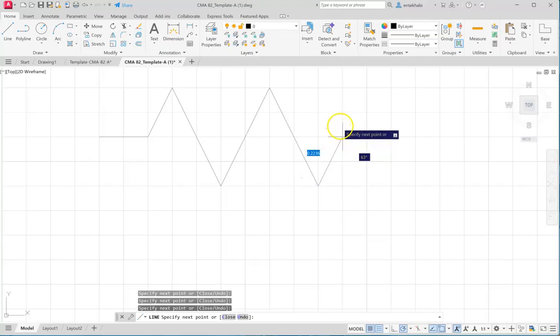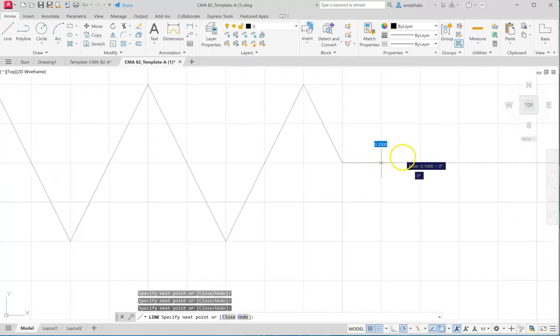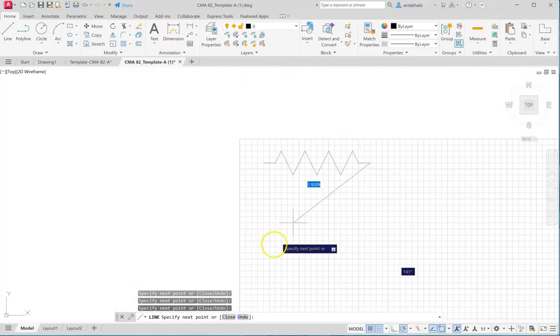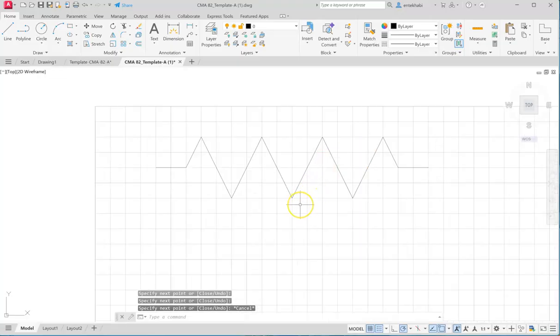By setting this snap and grid, I don't have to sit down and type those coordinates. It's much faster to create them. Okay, I have one more, maybe it would be a good idea. Then the last one is going to be in here. Okay, that's one symbol that I created.